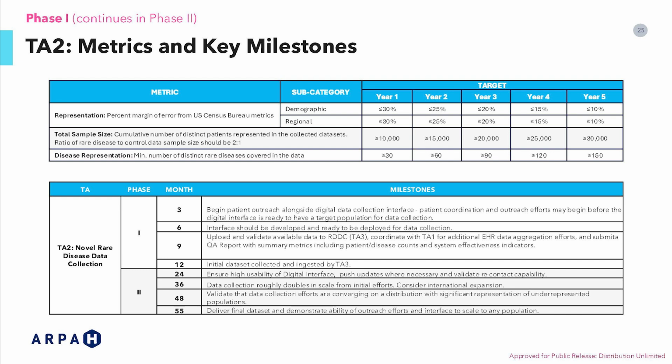And the key metrics for TA2 include the collection of novel multimodal data from a minimum of 30,000 patients. And there's also additional requirements for demographic and regional diversity to ensure broad representation. Similar to TA1, the milestones here are intended to ensure that the data is collected on a time frame that's aligned with the benchmarking and model development. And again, we're focused on achieving the overall goals of TA2, so we've avoided being overly prescriptive on how to achieve the targets, and we're really eager to hear ideas from the community on ways to achieve these in the